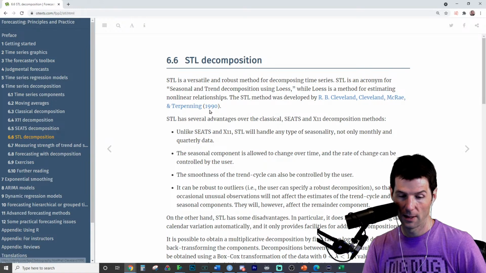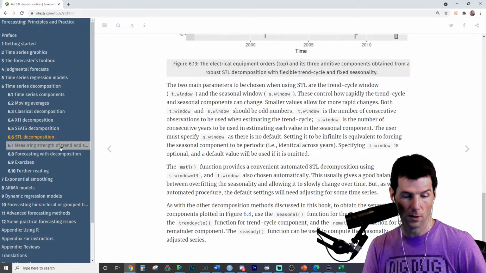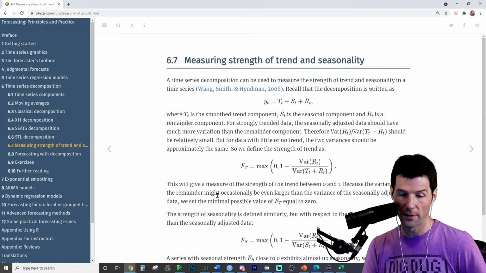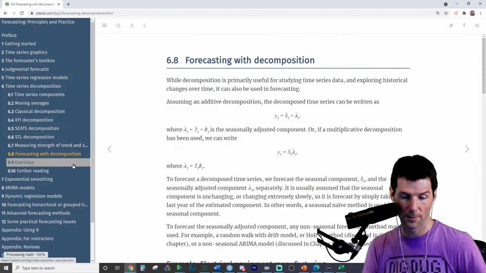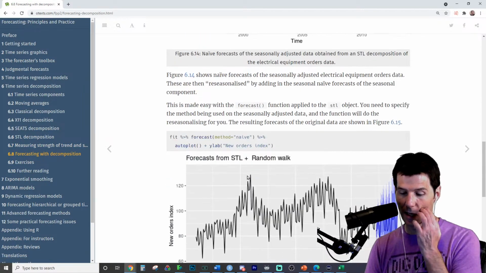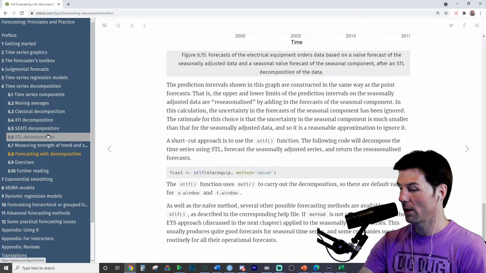Just really good stuff, 1990. That's what we're using, a very common, more generalized usage of it. And then you get some math equations. I've shown some. And we did some forecasting today with it, so we did the end right here with forecasting. I just don't have time to go through all of it.